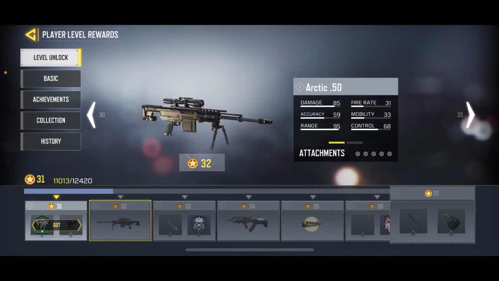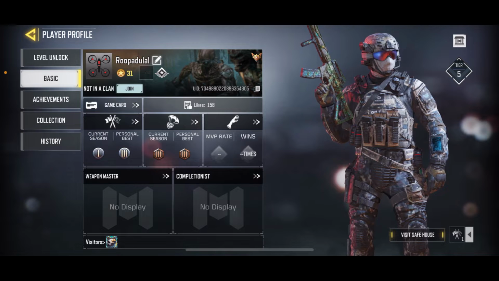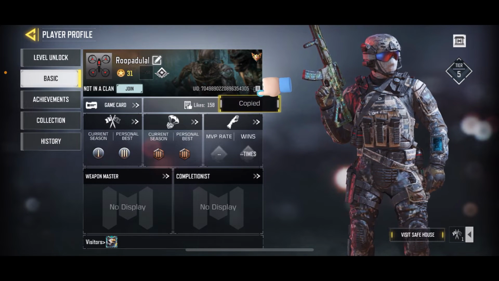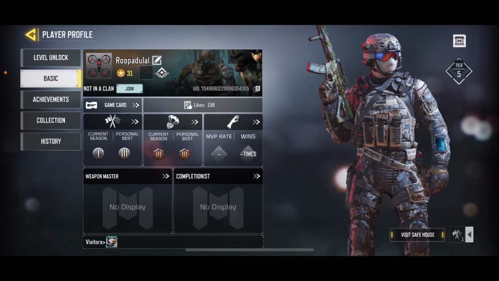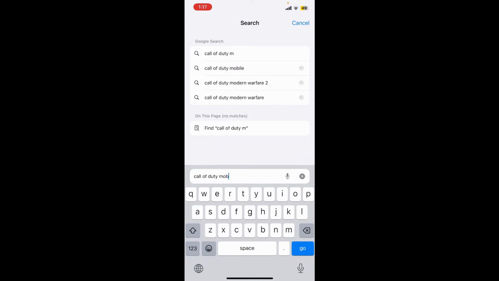Soon after you do that, tap on the basic tab and then you'll be able to see your user ID at the top right. Simply tap on the copy button in order to copy your user ID, and then close off the game, open up a web browser and into the URL box type in Call of Duty Mobile Redemption